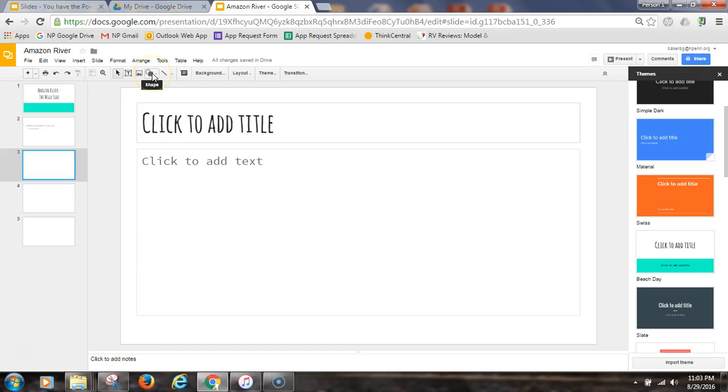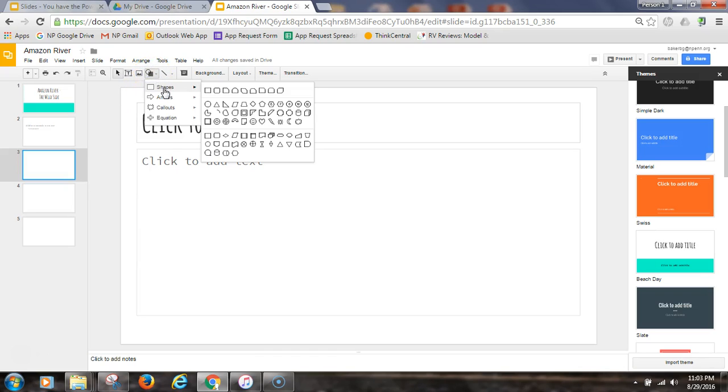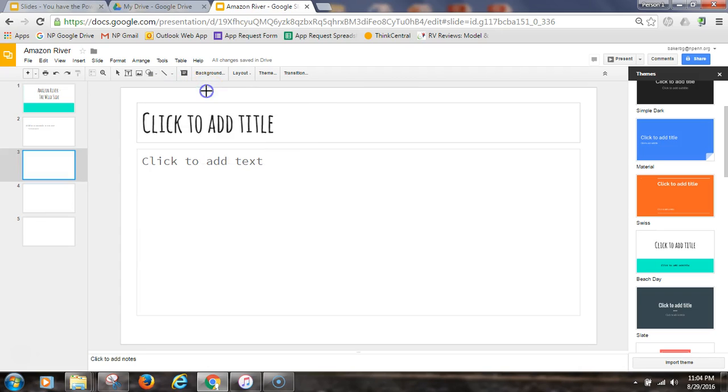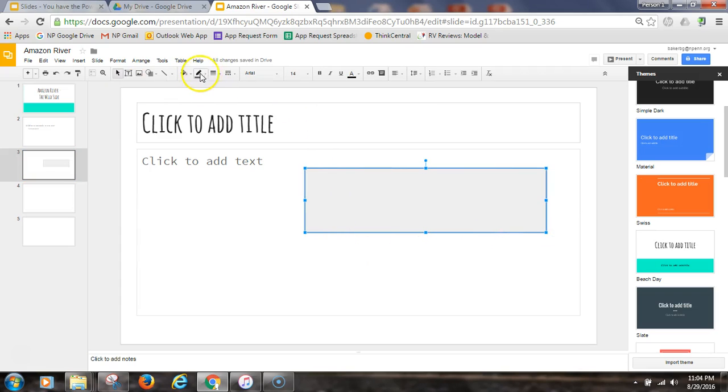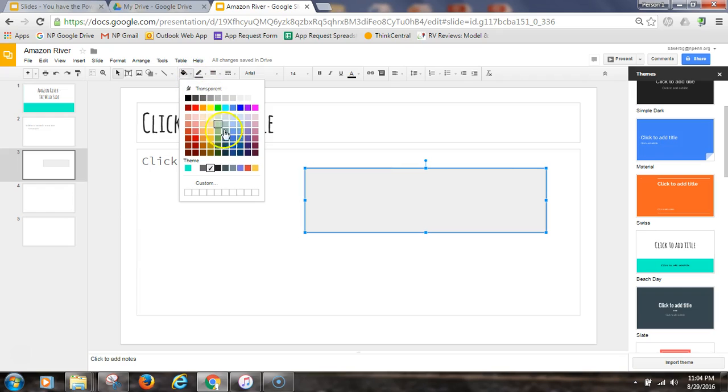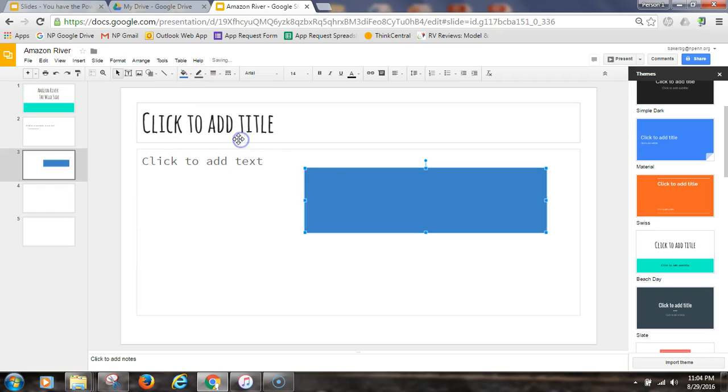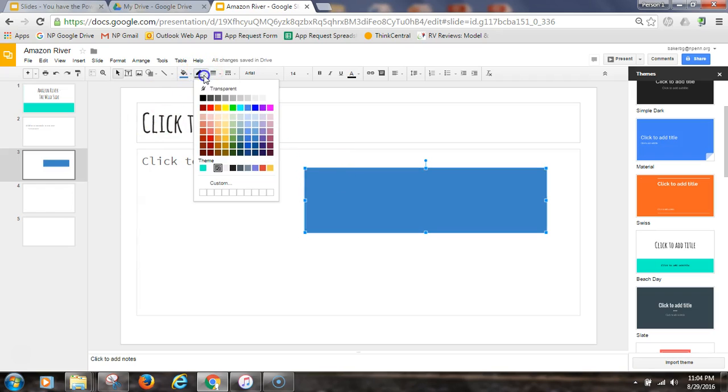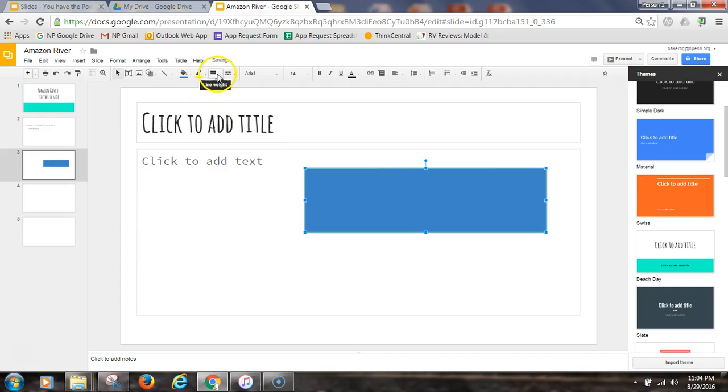I'm going to add a shape, and that shape can be a square. It could be any shape you want, really. So I'm just going to click on this, add a rectangle. I'm going to fill that rectangle with some nice blue, and I'm going to give it a border of yellow, and the border line is going to be about 8-point. And so now I'm going to say something else about the Amazon, and as soon as I start typing in here,